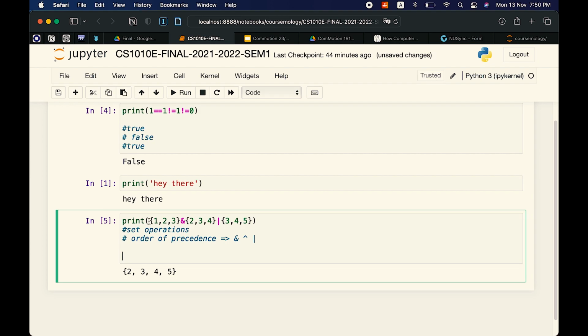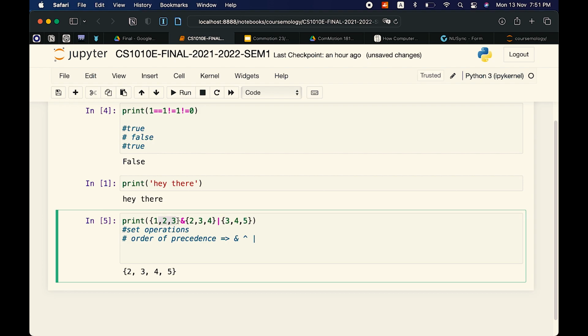Okay, so first we check this. This whole expression will be evaluated as one thing, so we can do it in sections. So we check this, and what is in both of these?